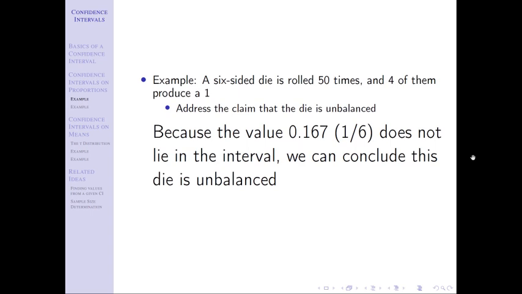We have to use critical thinking and try to assess based on the understanding that the interval is the set of possible values that I think contains the parameter. And then I have to say, what about my claim? Does this always agree or sometimes agree or never agree? Okay.